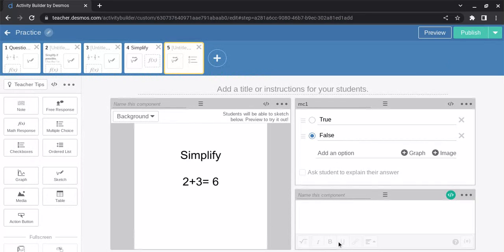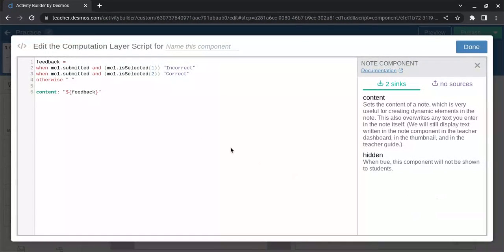Just keep in mind, if you have this feedback piece on, students can go in and they can change their answer. So on your dashboard, you're going to see changes as they change answers on there. So if it's a graded activity, you probably just want to not have this part on because they're getting the feedback and they're able to change